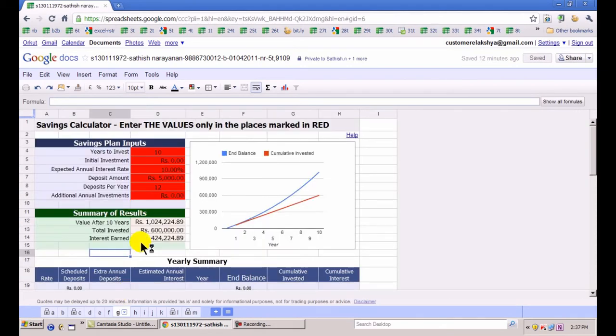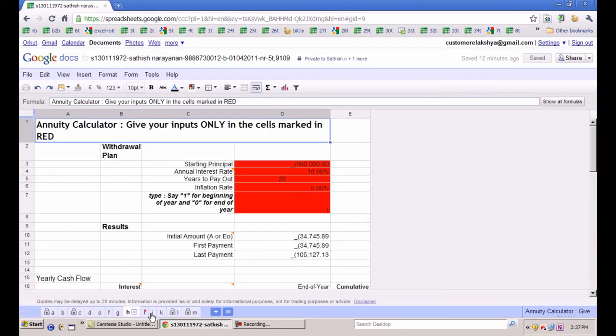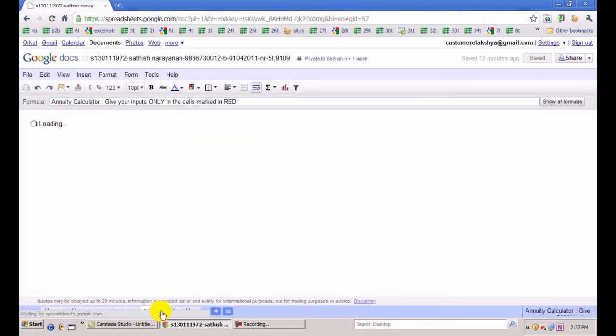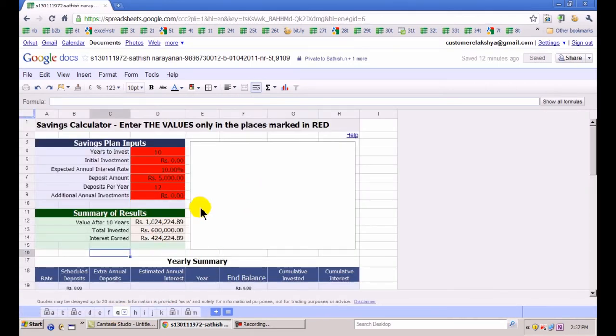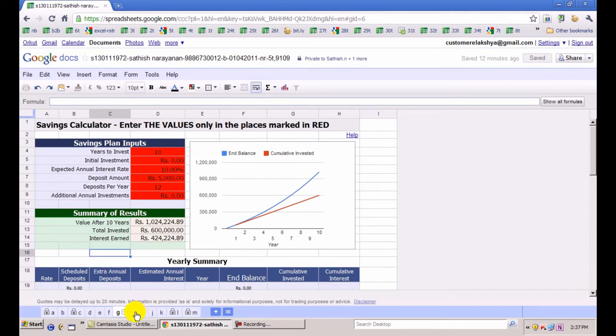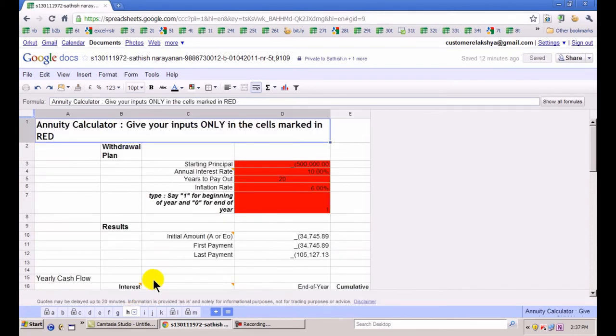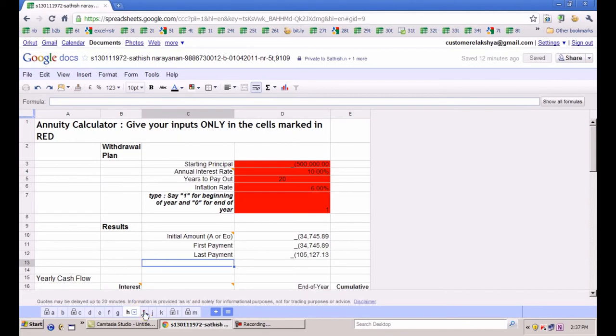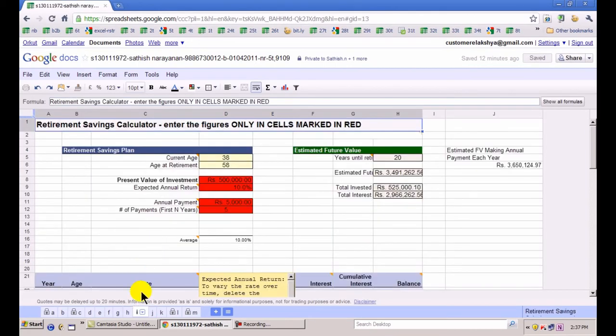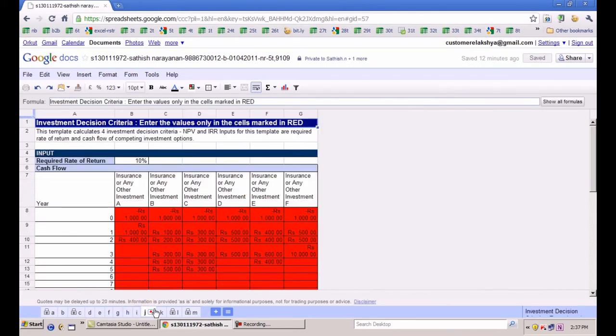Along with the financial tools which are present in sheet A and sheet B, whatever you saw, we have given 5 potent tools. You can see sheet G, sheet H, sheet I, sheet J and sheet K. Each of them is fairly potent in their own right. This is a graphical representation of your savings calculator, which is sheet G. Sheet H is an annuity calculator. It's very important for retirement purposes and stuff like that. Sheet I, again a retirement savings calculator which is there.